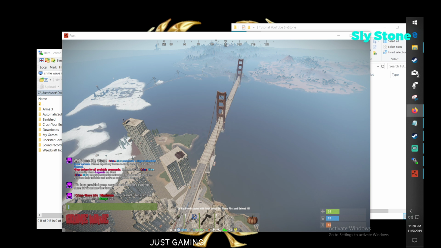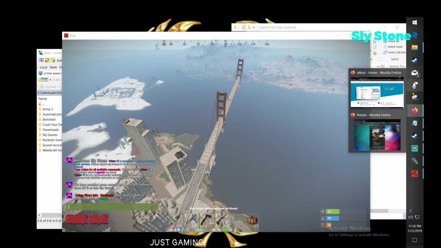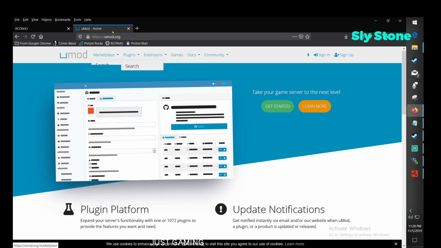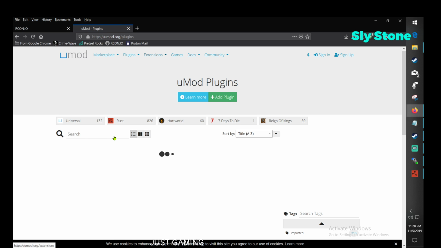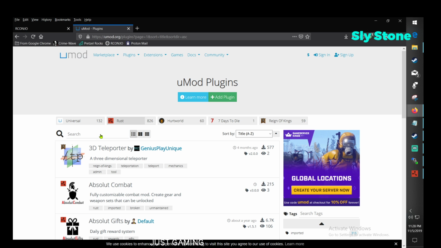Alright, let's start off by going to uMod to get the plugin and put it on the server. Okay, so I'm on uMod. I'm gonna look under Rust. Just gonna type in kits. What I'm looking for is